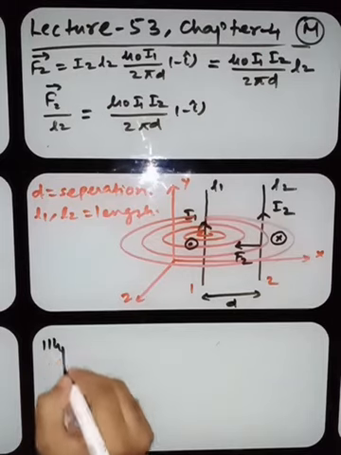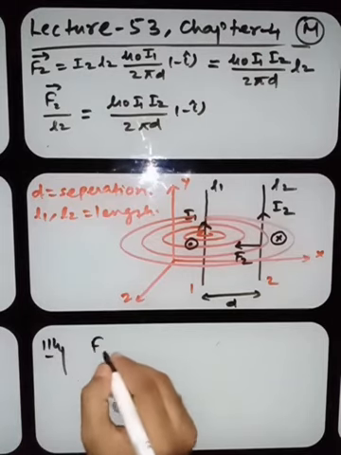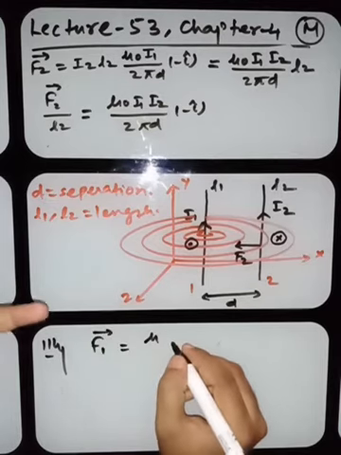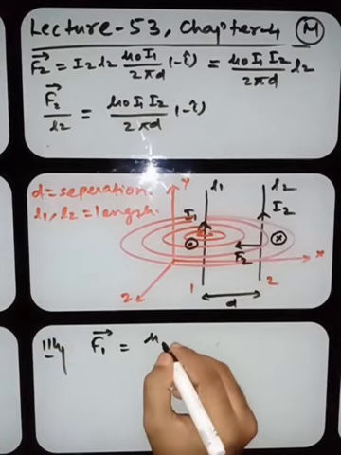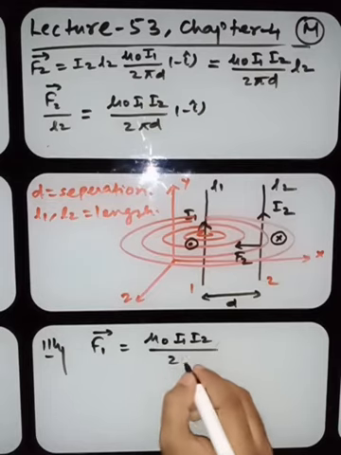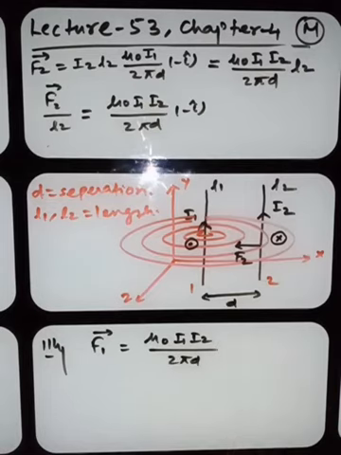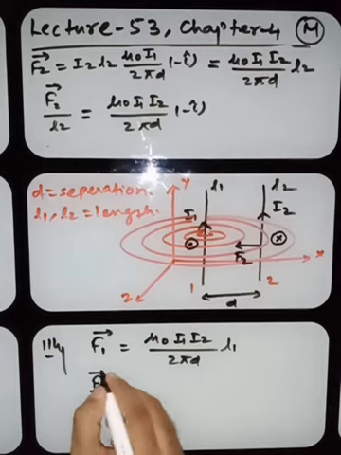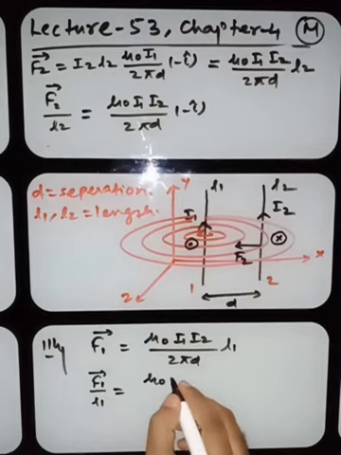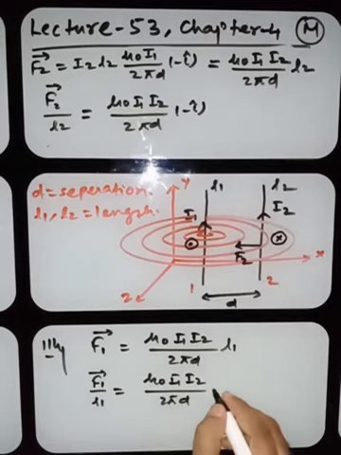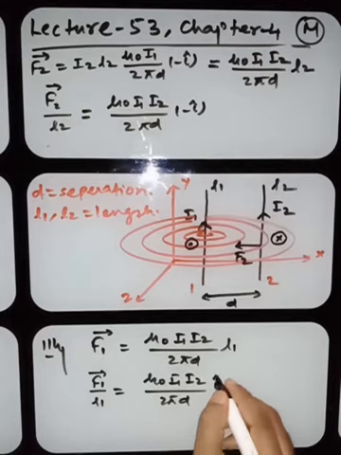Similarly, you will get the force on conductor 1. I'm writing it directly; you can derive it as I have derived it for the other one: mu naught I1 I2 divided by, all the things will be same. The length of the conductor will be mentioned here as L1 only, nothing else. So the force per unit length will be the same, mu naught I1 I2 by 2 pi d, and the direction you will get is